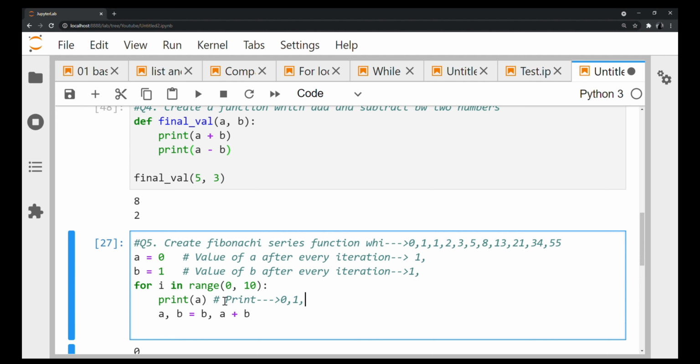Okay, now it will go to the next step, which is here. Now the value of A is changed to B. So what is the value of A? It is again 1 only. Write it. Okay, what is the value of B? The value of B will change to now A plus B. So what is A plus B? A was 1, B was 1. So it is changing to 2. 1 plus 1 is 2, right? Okay, so now this is changed.